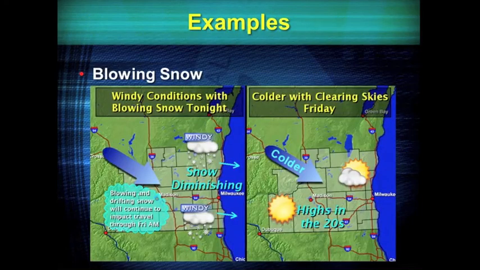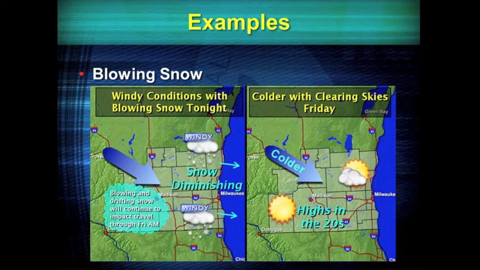Just going over some examples. Here's an example of blowing snow. We didn't really do it in this one, but the thing that we would like to try to do, especially going forward, is to highlight interstate corridors. So, for instance, I-94 from Milwaukee to Madison, highlight the road conditions, or vice versa, going on I-43 from Milwaukee to Green Bay, so we'd stop at Sheboygan.